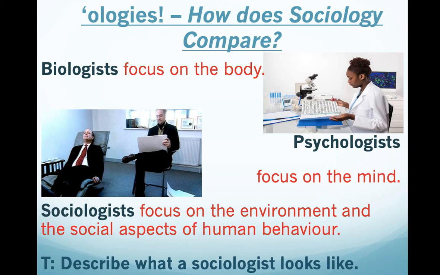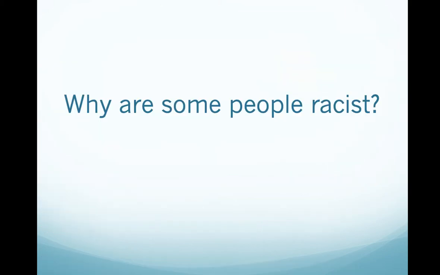A sociologist doesn't wear a lab coat, for example. They don't look a certain way. We do look into certain things, and the big questions sometimes, like, why are some people racist? And sometimes it's easy to just say, oh, it's because they're born that way, or oh, it's because they're born into that family. But actually, when we look at systematic racism or institutional racism, and racism within different institutions, that's when we realize racism isn't just about the person, isn't just something you learn at home.